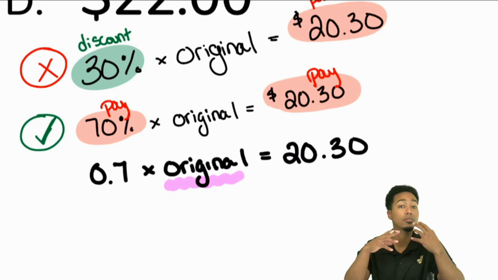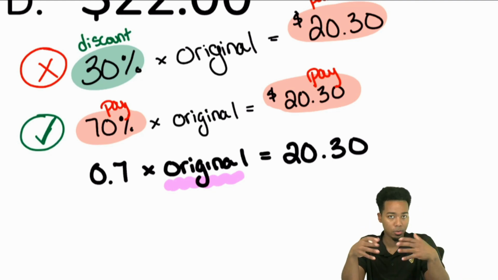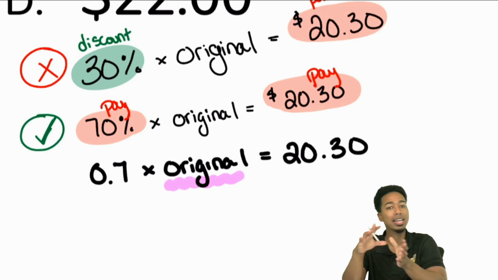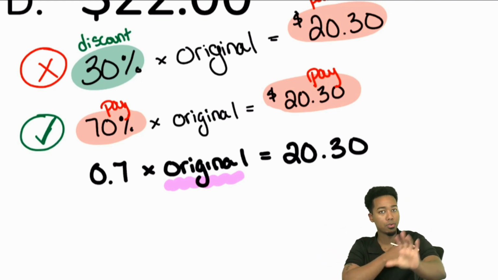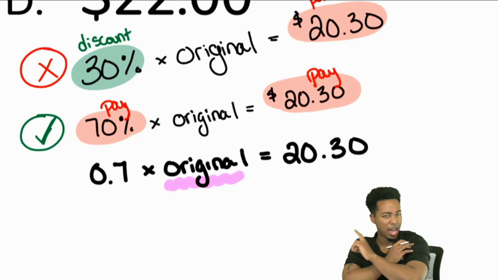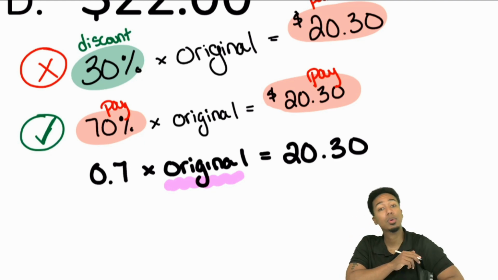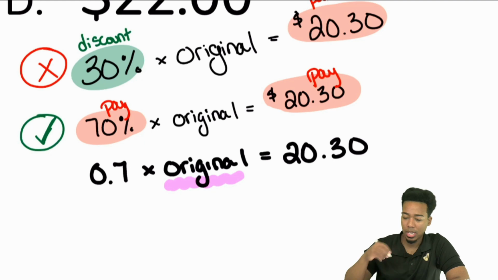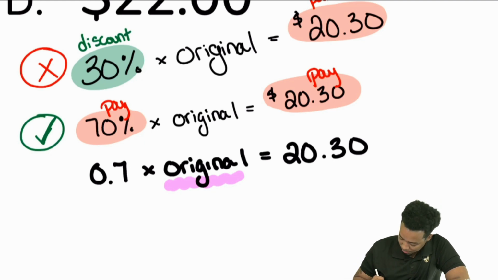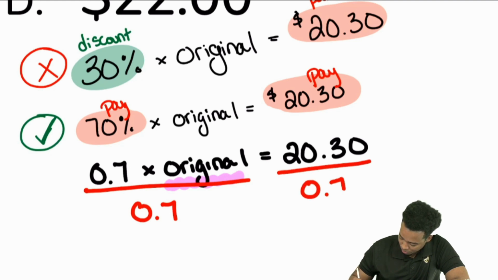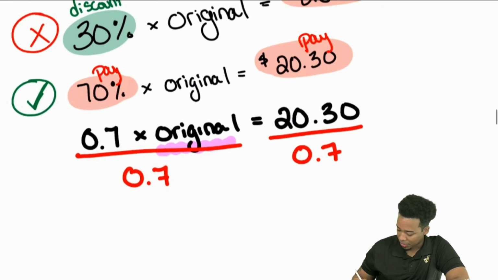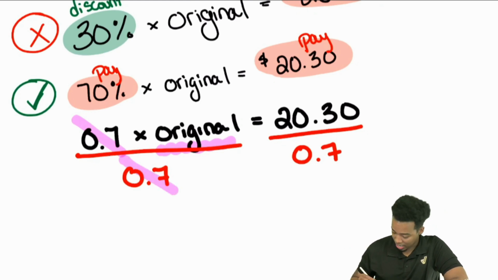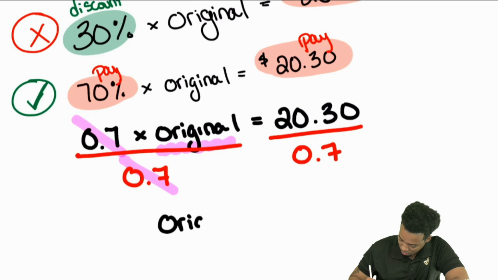And if you're not very familiar with handling decimals when it comes to multiplication, division, addition, subtraction, again, that's all going to be in the math basics. I'm going to go through the actual calculation. But if you're feeling a little apprehensive about this, you definitely want to get into the math basics and give yourself that chance. So here, we're going to divide both sides by 0.7. And that's going to give us the answer. So we cross this out here because that's going to go ahead and cancel out. And now what we have is the original equals